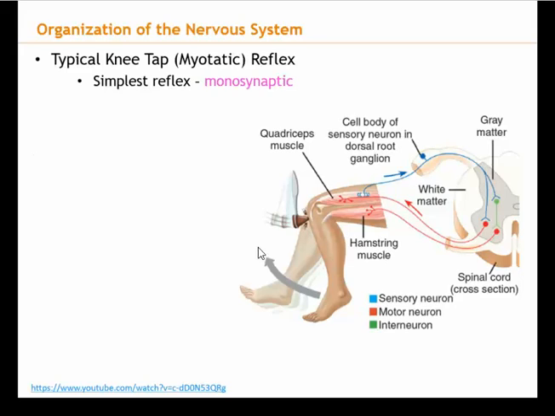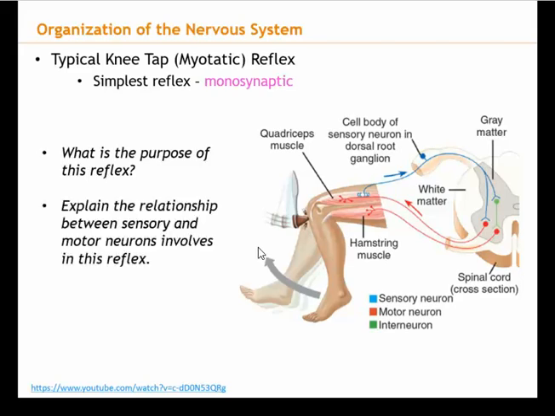So let's kind of look at this. Normally, I would also just put this up here and say, okay, what is the purpose of this reflex, and explain the relationship that we see here in this picture. So what do we see? So we have all had this done. So we have our knee tapped here, and it stretches or kind of taps that patellar tendon. And what does it do? It actually stretches the quadricep muscle. When it stretches the quadricep muscle,